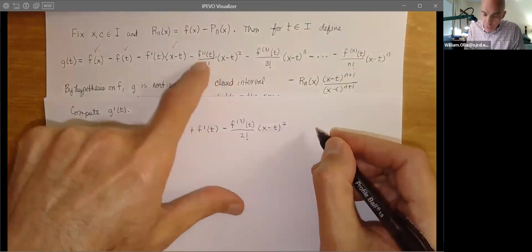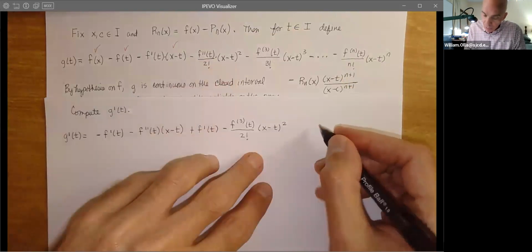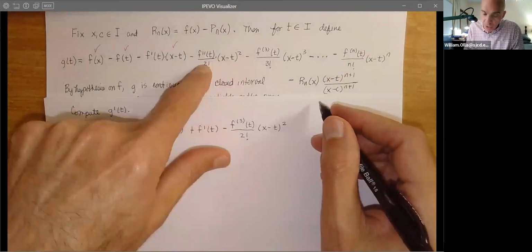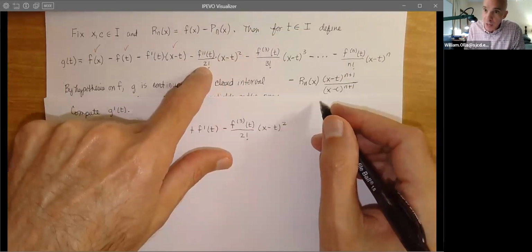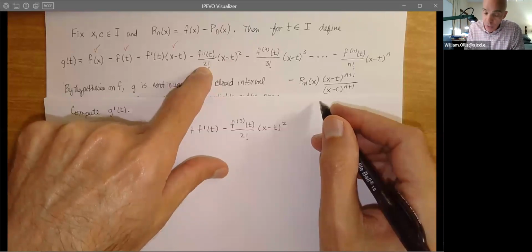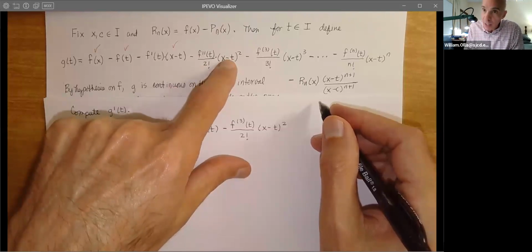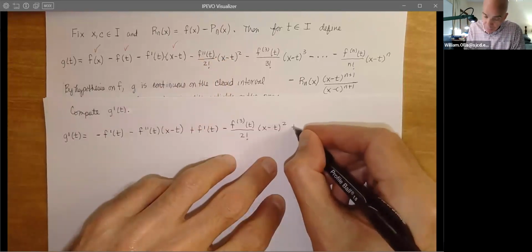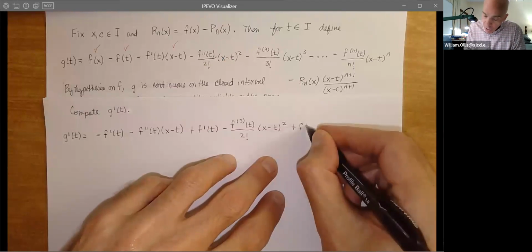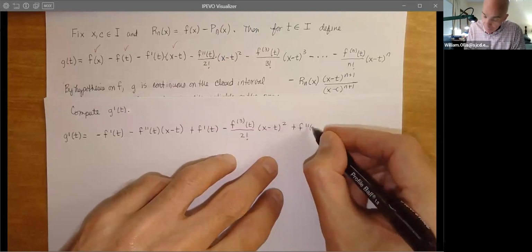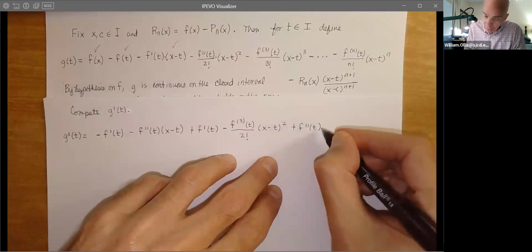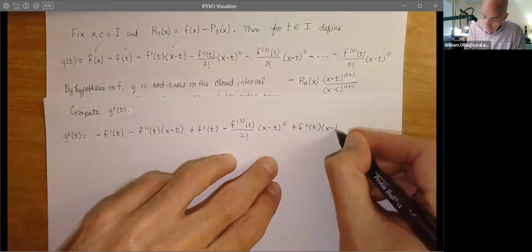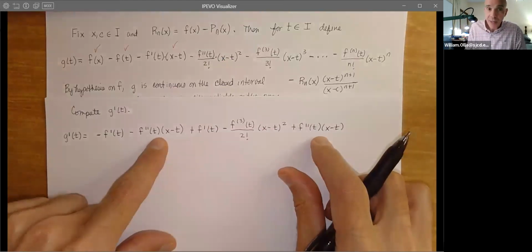And now we leave the first part alone and we bring the 2 down. So here we notice when we multiply in this case and bring the 2 down, it's going to absorb the 2 there in the denominator, the factorial. And then of course, by the chain rule, we get another negative. So that will absorb that negative. So this will give us plus f double prime of t, in this case, times x minus t, which will now absorb that term.